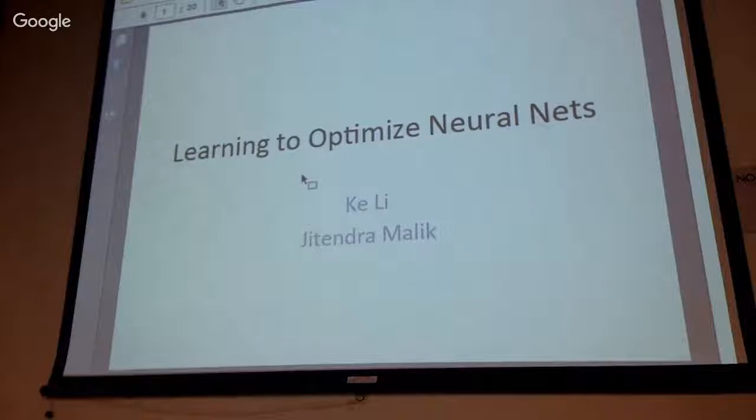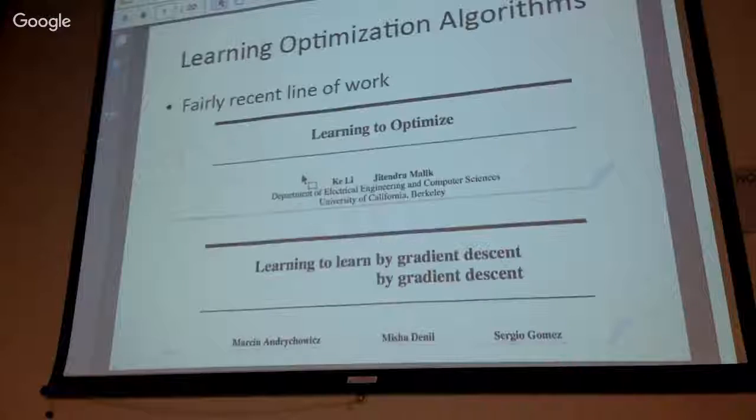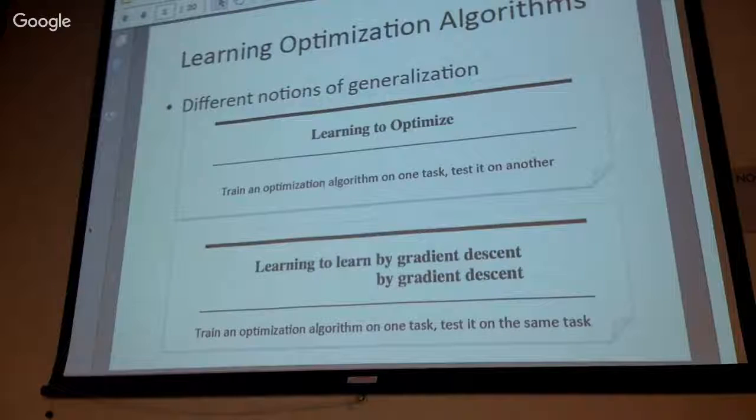Well, I will be presenting two papers. The first is Learning to Optimize Neural Nets. So this is a fairly recent line of work. There's our paper on learning to optimize, and then there's also this paper from DeepMind that just appeared a week later. The difference is that there are different notions of generalization. So our paper trains an optimization algorithm on one task, and we test it on